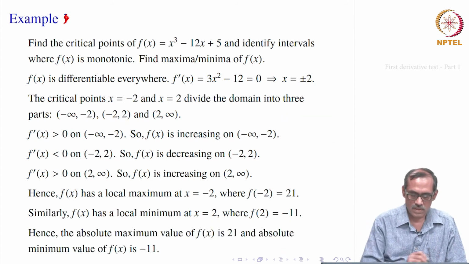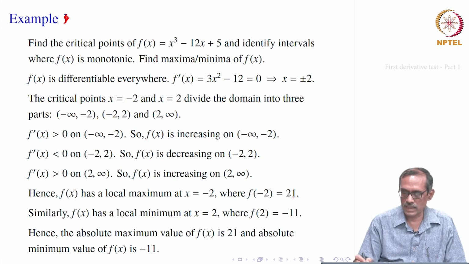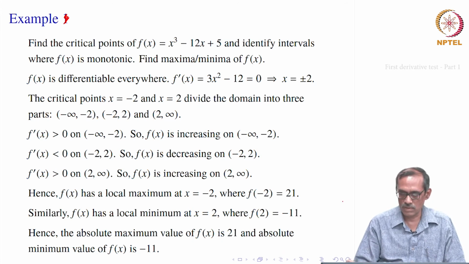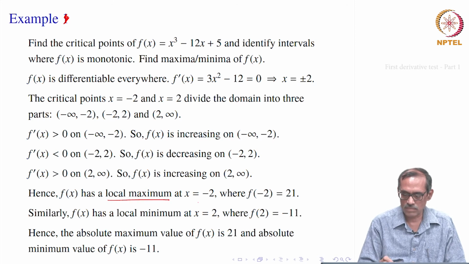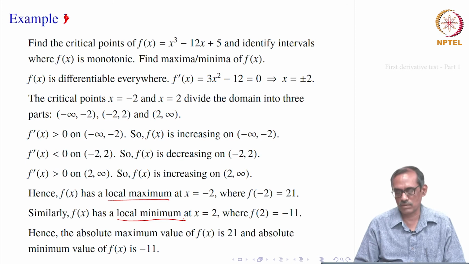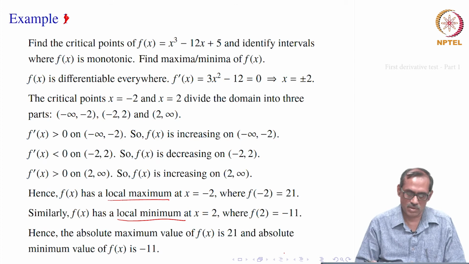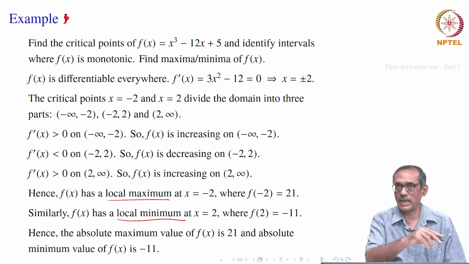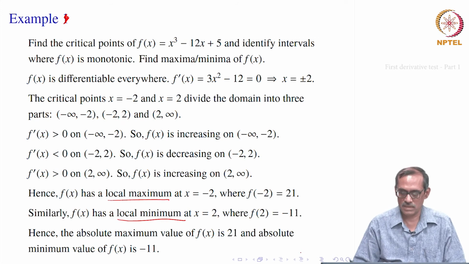Then what happens? So, these are the two critical values, minus 2 and 2. At one place it has a local maximum, which is at minus 2, and at another place it has a local minimum, which is x equal to 2. Now, if you compare the values, there is nothing to compare here, there is one maximum, one minimum, but these are local. So, one can be smaller, one can be bigger also. A local minimum can be bigger than a local maximum, because they are at different places.